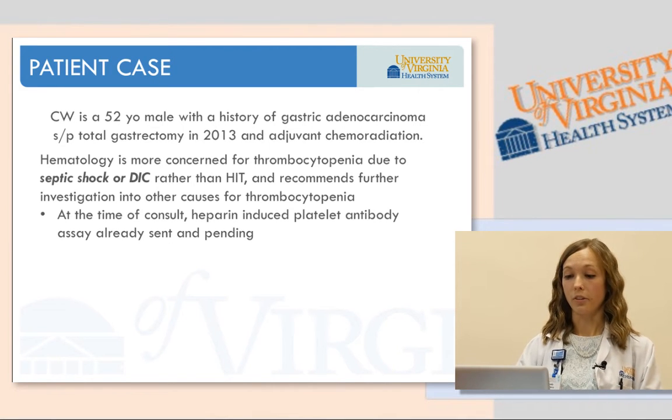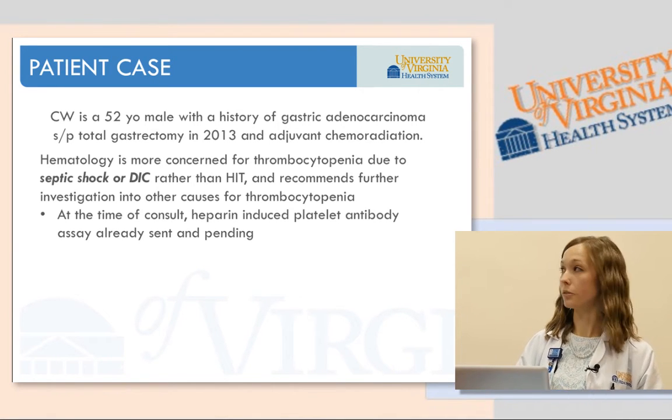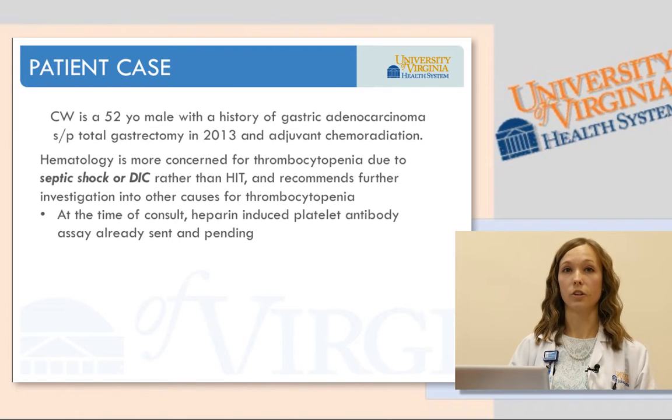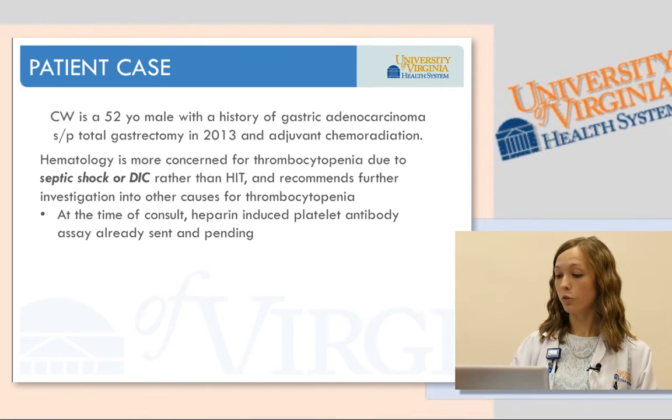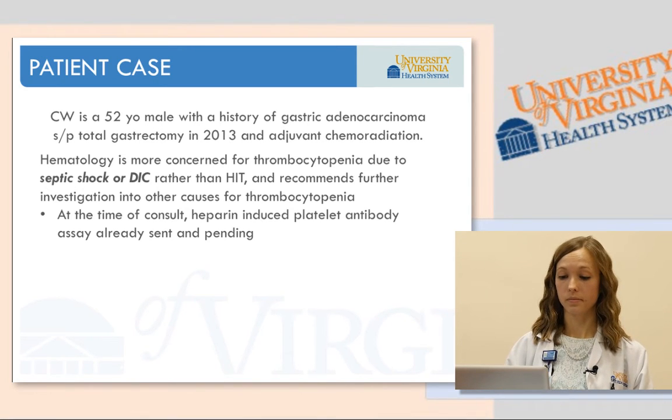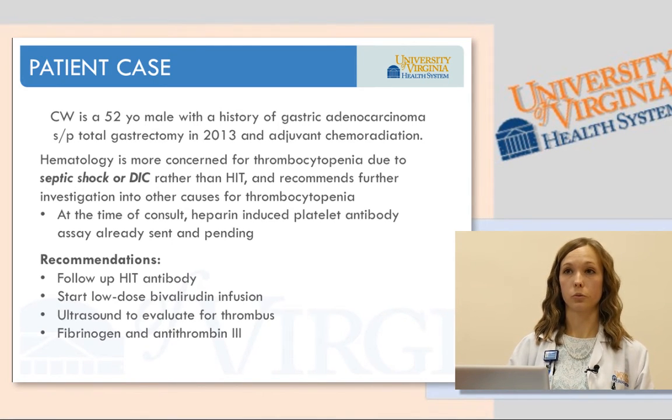So now coming back to our patient, patient CW, given the information that we have with a low 4T score, hematology is actually more concerned for something like septic shock or DIC as being the cause of his thrombocytopenia rather than HIT, and made a few recommendations. So the recommendations, of course, were to follow up on the HIT antibody that was already pending at the time